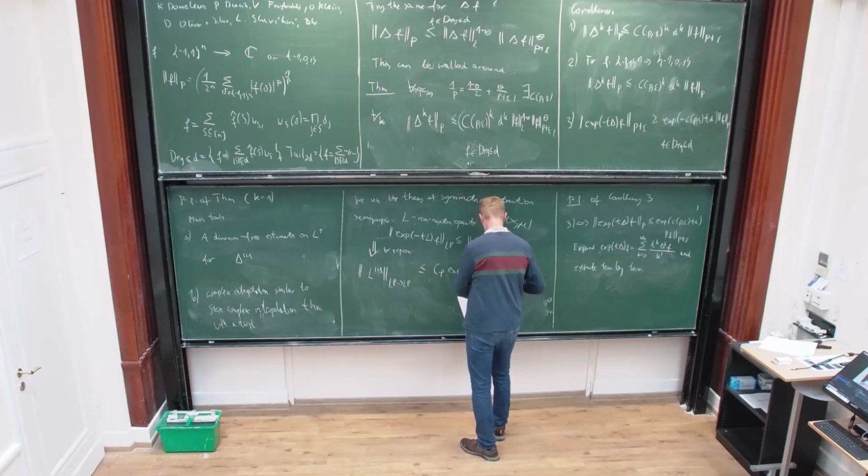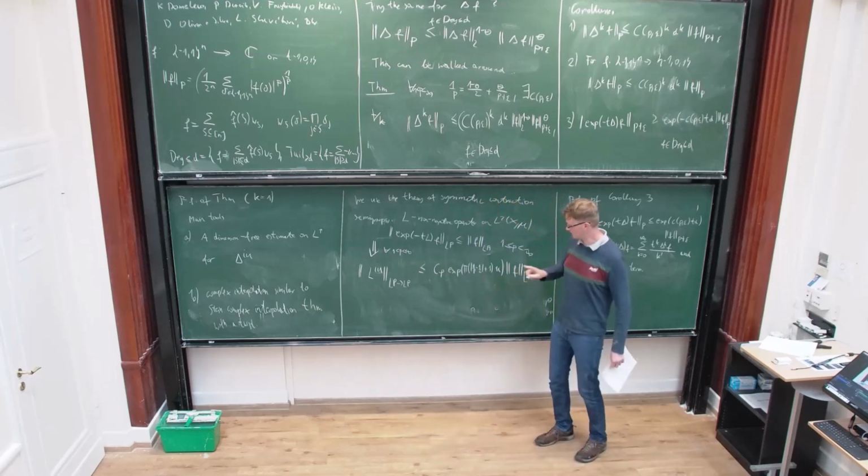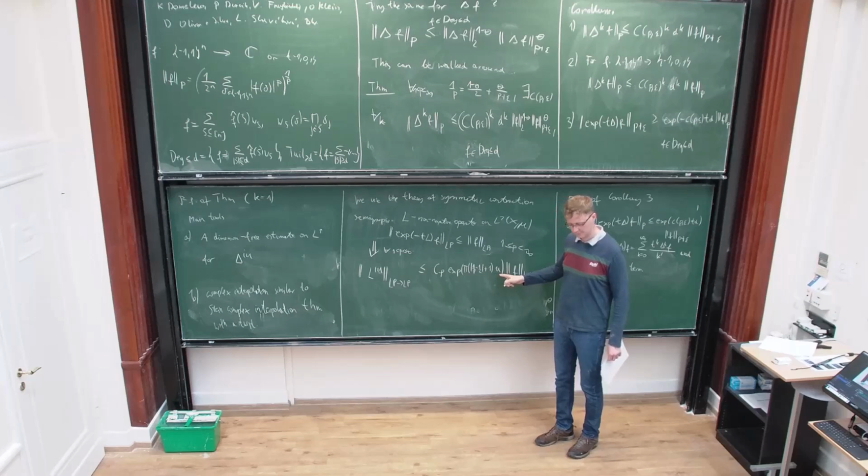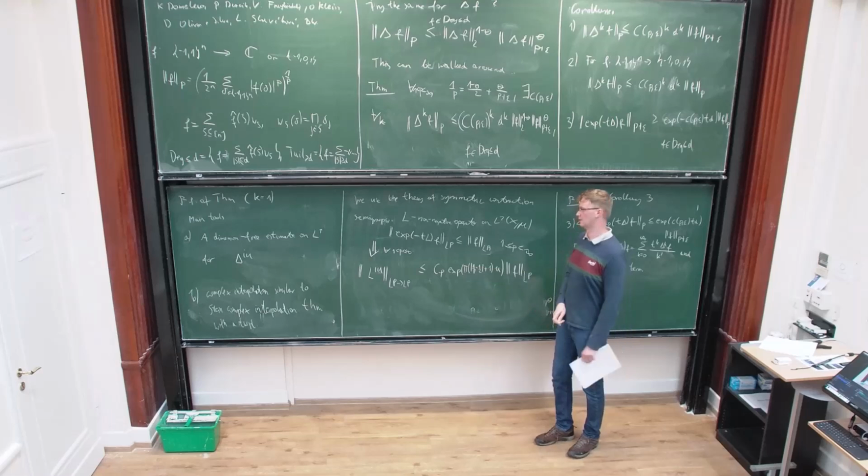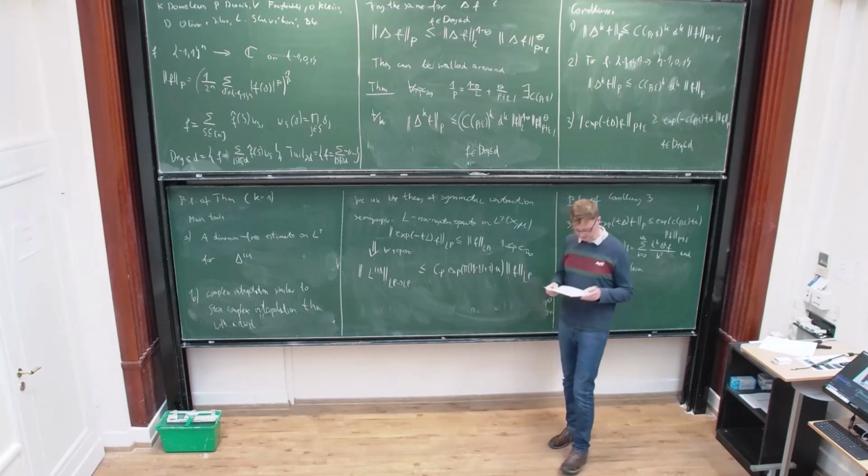Okay, so what only matters for this talk is that this dependence, when p is fixed, is exponential in u. Actually, when p is 2 it is a contraction, so this is too wrong, but we don't care. We just care that there is an exponential growth in u. Okay, so this is the tool we are going to use.